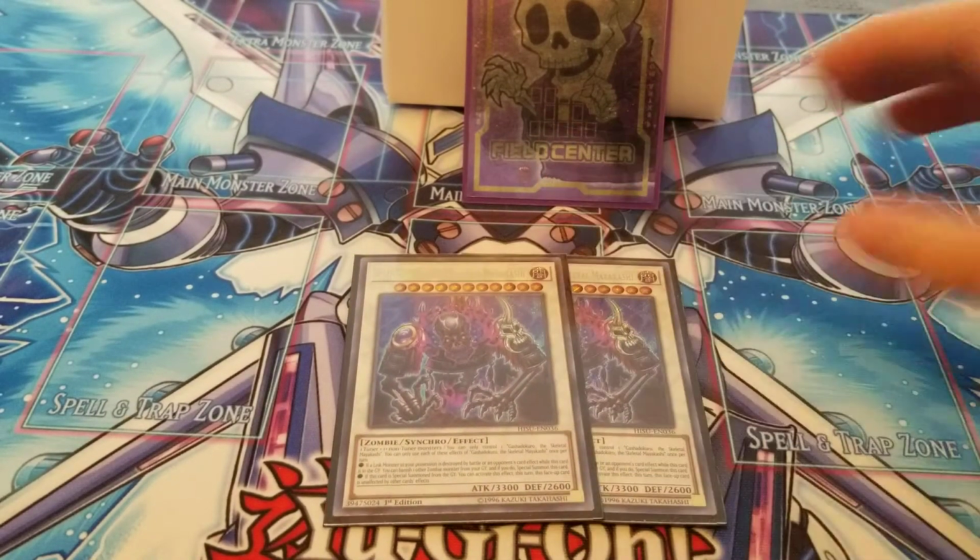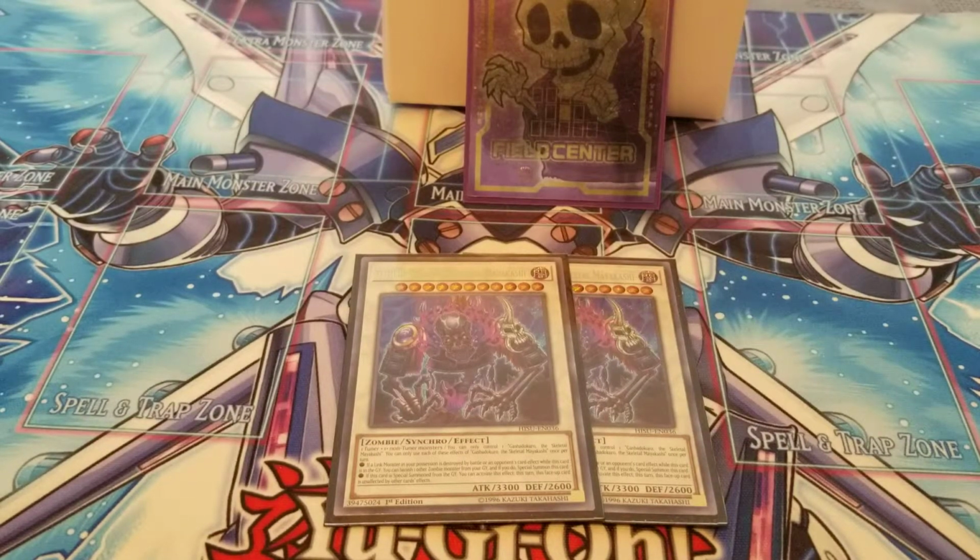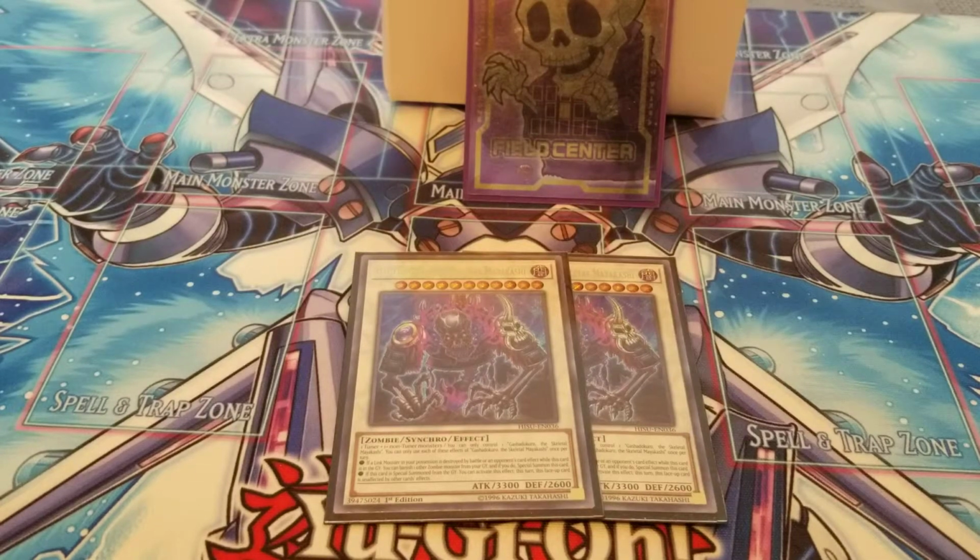Another interesting tech you could do is, if you wanted to go almost glass cannon-y, you could take out the Call of the Mummy and the double summons and throw in Metaverse and Zombie World, because then every time your opponent special summons, they're special summoning a zombie, so it's going to deck them out as well. I've toyed around with that. It's not...